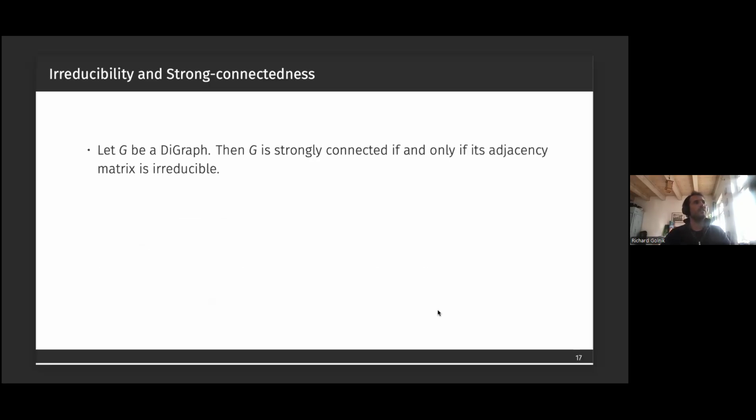And then the question is, what does the irreducibility of the matrix imply, or does the irreducibility of the Metzler part imply? In general, a digraph is strongly connected if and only if its adjacency matrix is irreducible. So this is something which is known. And the question was for us, could we find some kind of notion also for our child selection